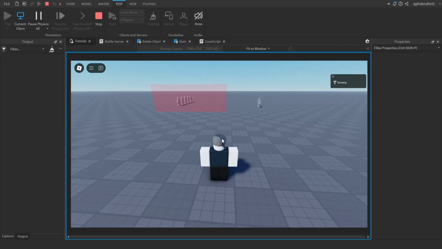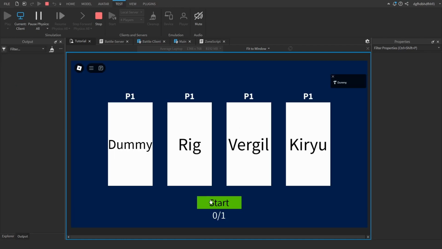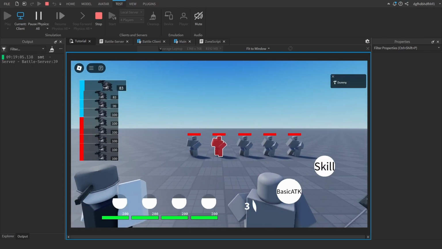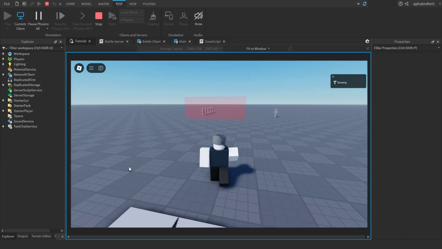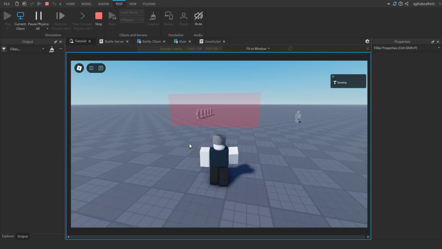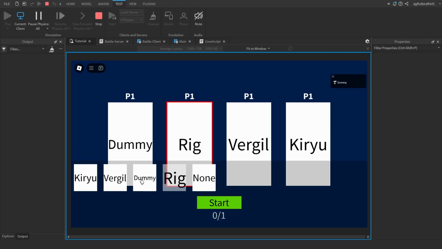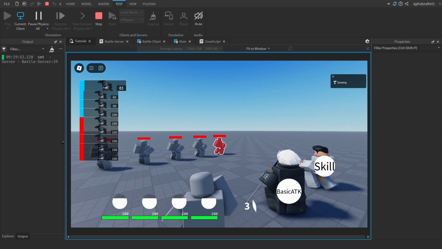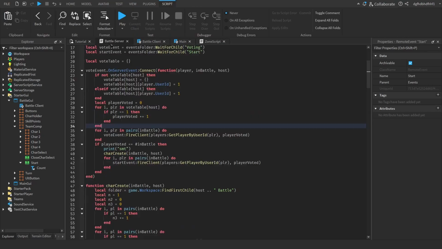Now let's test it out. Now I'm gonna press start. As you can see, we got it right here. I'm gonna test it with one player first. Now I'm gonna change this to dummy and another dummy and another dummy. Okay, for some reason it's still doing like this. But yeah, I haven't changed the